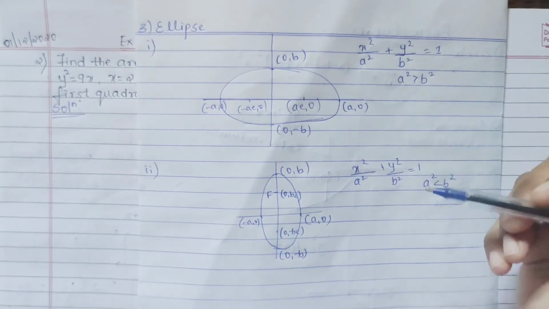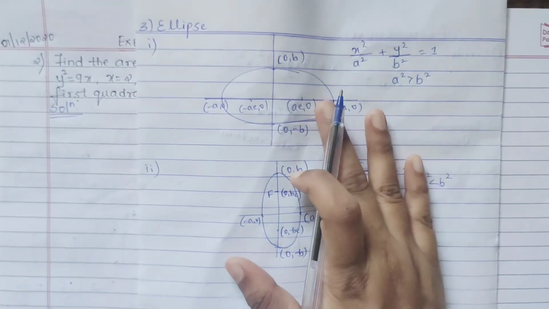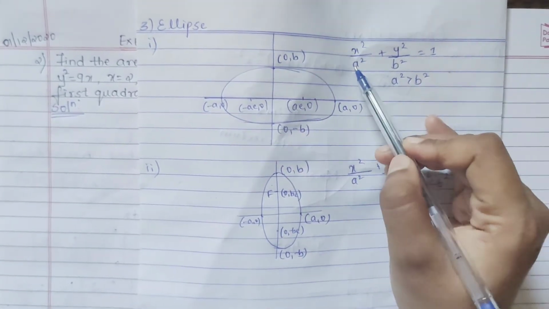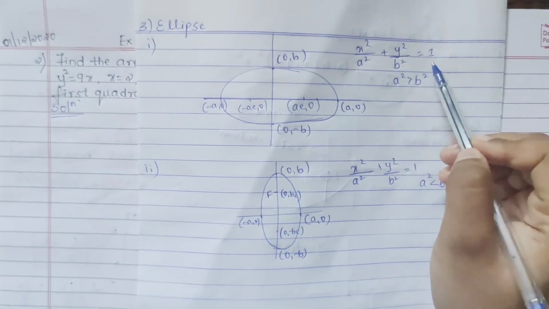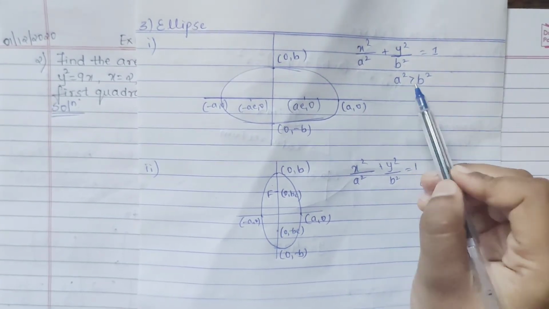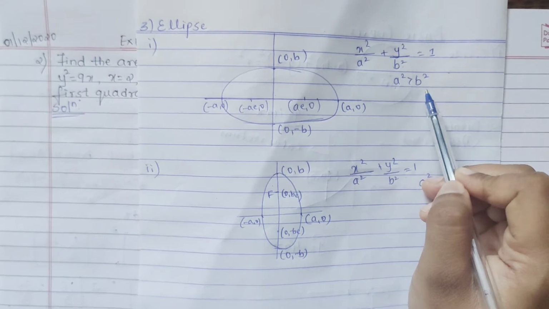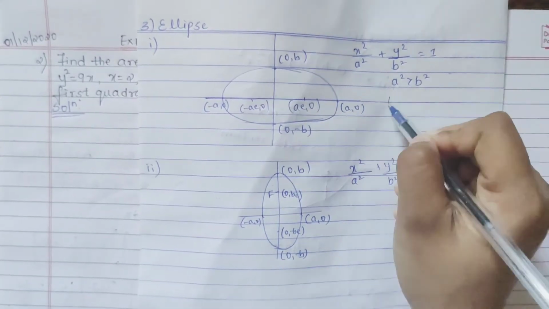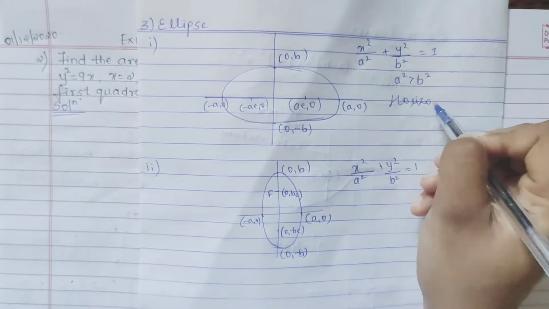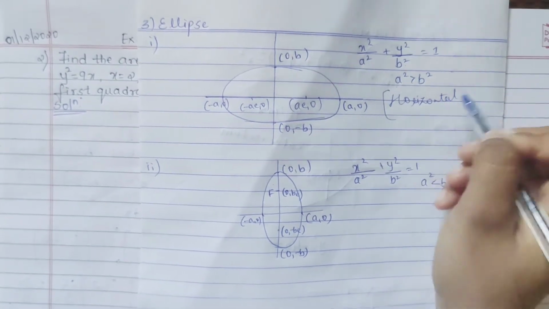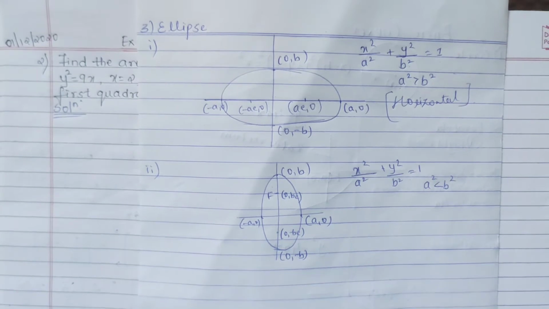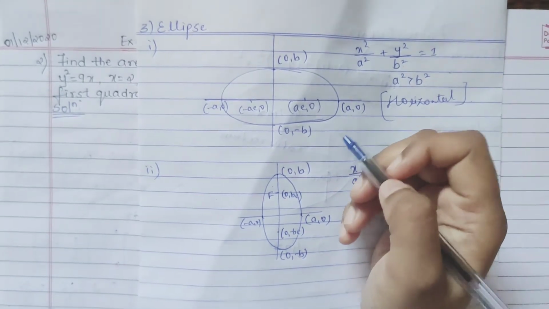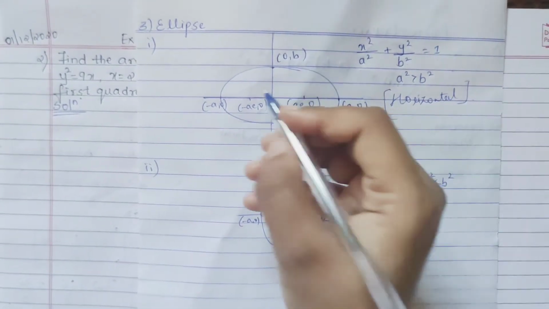Here equation is same. Okay, but just how you have to differentiate. See, x square by a square plus y square by b square is equal to 1. When your a square is greater than b square, you can tell that is your ellipse with horizontal. Okay, if you want you can tell horizontal ellipse, you can tell. Okay, so based on this, now you have your points, obvious,